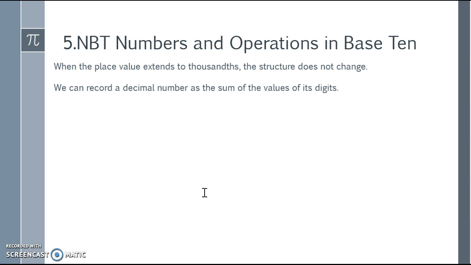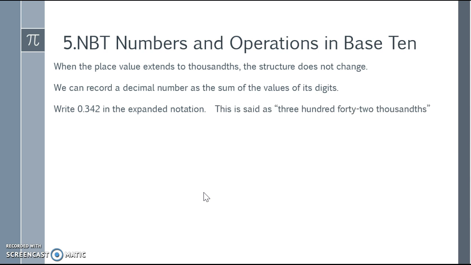When the place value extends to the thousands, the structure does not change. We can record a decimal number as the sum of the value of its digits. Write 0.342, so 342 thousandths, in expanded notation. This is said as